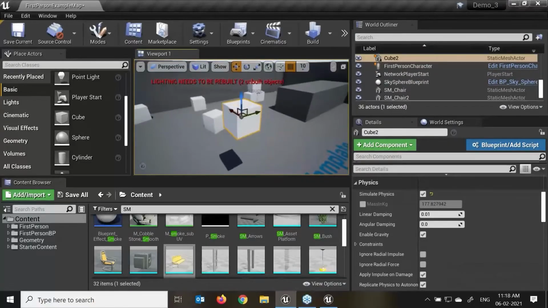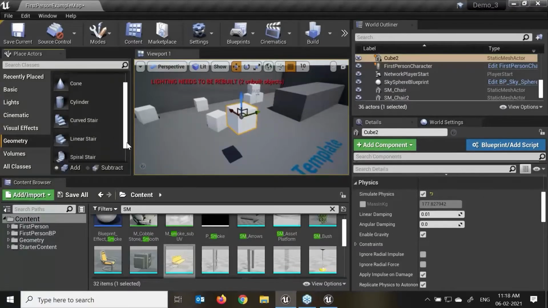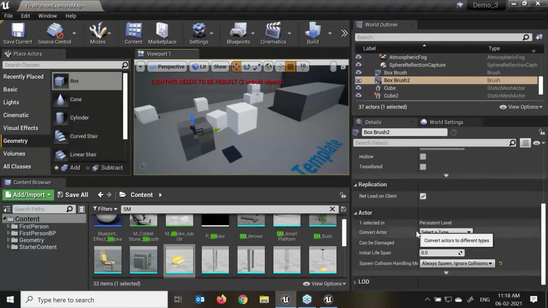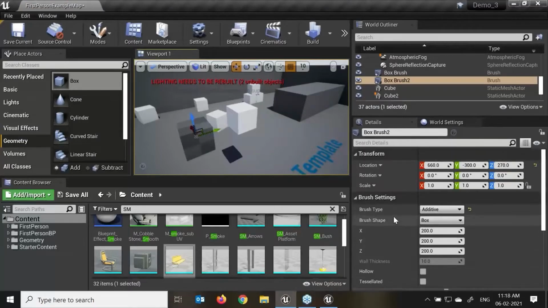So this is what I'm doing with a static mesh. If I'm importing geometry, and if you are downloading any lower versions of Unreal, the name will be different. It will become BSP over here, which stands for binary space partitions. But if you are working on Unreal 4.25 or 4.26, here we can see the geometry, which is the name they have given. If I drag and drop this cube over here, we are not getting any physics property options, right? So here we can't do animations, like the flap animation. If I want to, I can't do that.